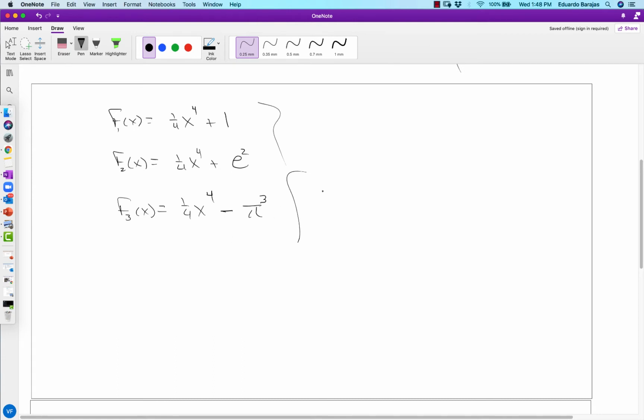So for all of these, it doesn't matter which one you choose, the derivative of each of those is x cubed. So in any one of these cases, we could say that any one of these is an antiderivative of x cubed. In general, then, we could say that F sub n, some general function, is equal to 1/4 x to the 4th power plus some constant. Oh, you know what, let's get rid of this little n there. Just this one has 1, 2, 3, whatever. So then just in general,